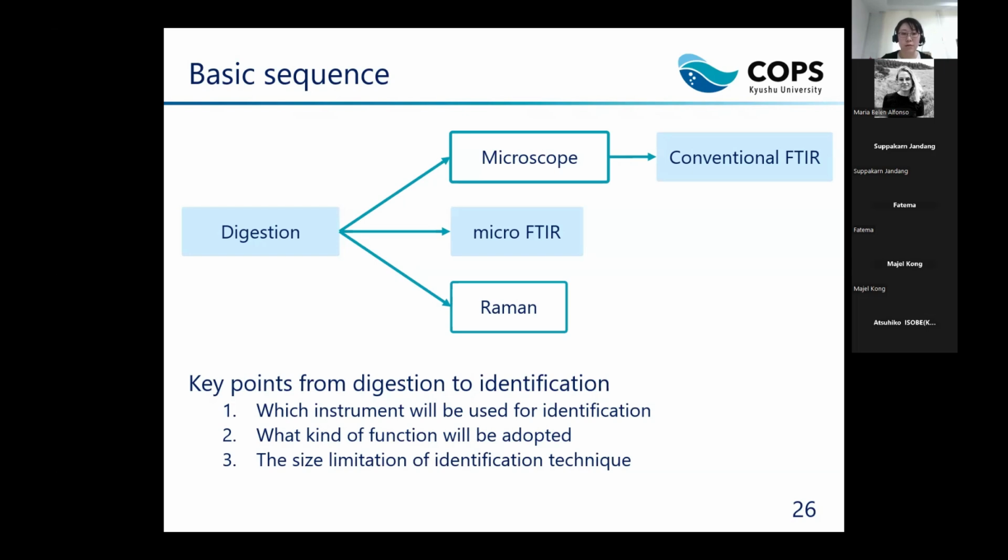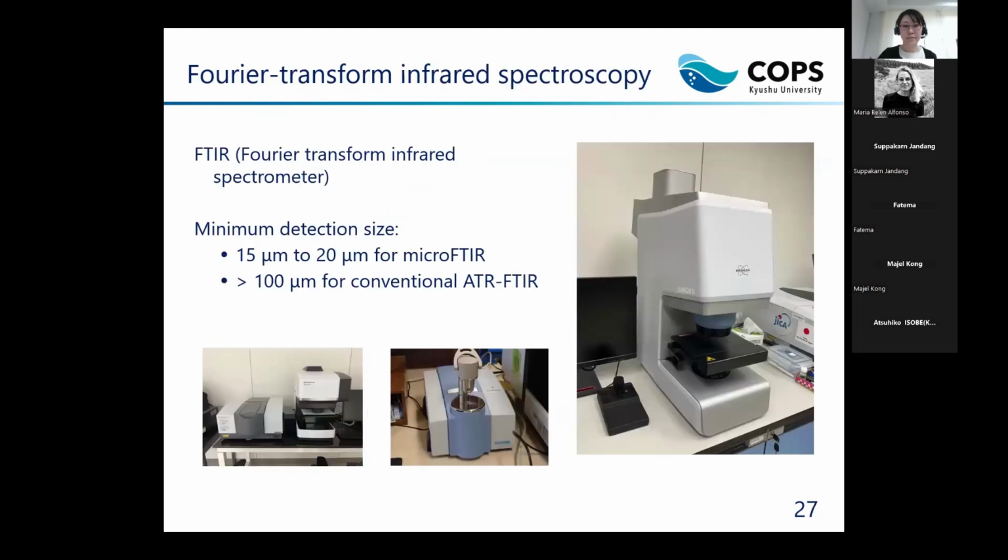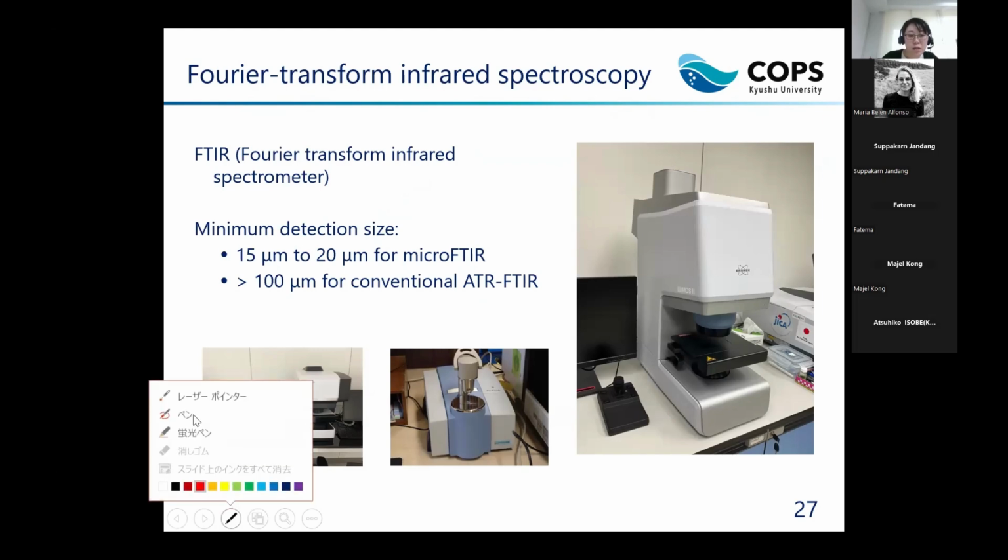And these 3 points are very important to decide what kind of filter paper you use to collect the particles and how to prepare the sample for identification. So you should consider these 3 points before you start the experiments. And here I explain about the FTIR. FTIR is Fourier transform infrared spectrometer, and minimum detectable size,